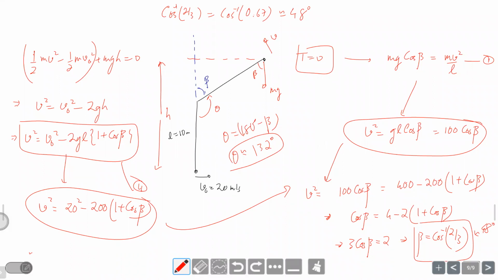Maybe it is equal. By transferring this term, take cos beta to one side. So we have minus 2 cos beta on that side, cos beta on